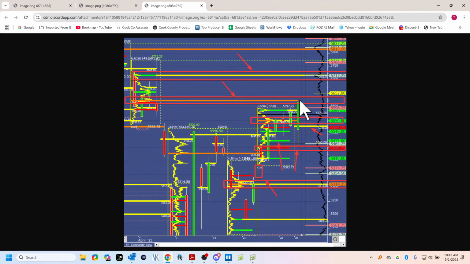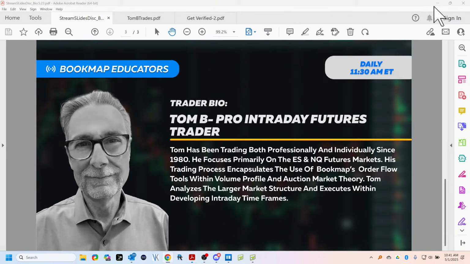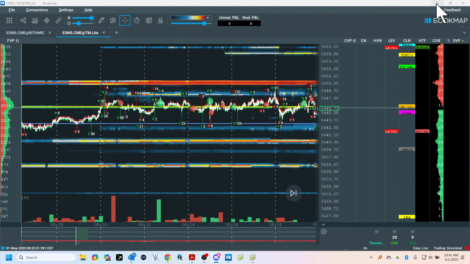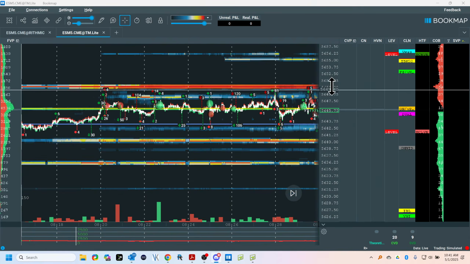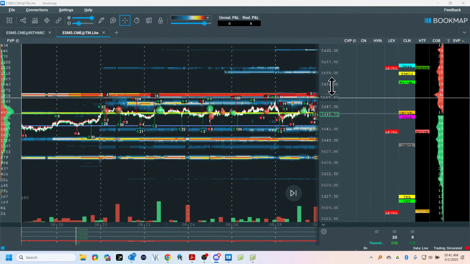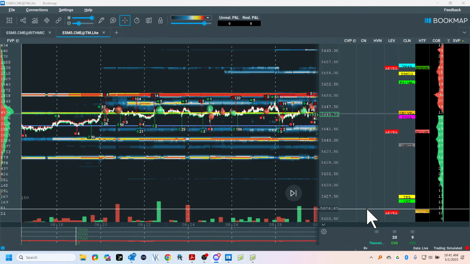Now, if you're in Trader Lab, you have a trade plan, right? Let's look now at our trade plan. And this is something you have to kind of put together, but you can do this in Trader Lab. Now, it gets more interesting, doesn't it? I'm going to show you some levels that are very important.